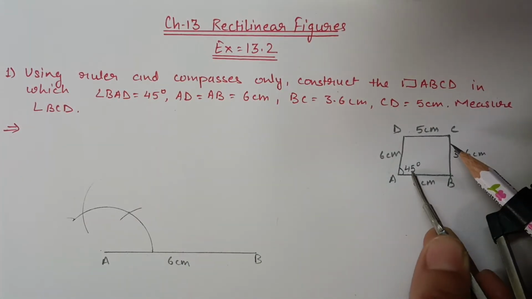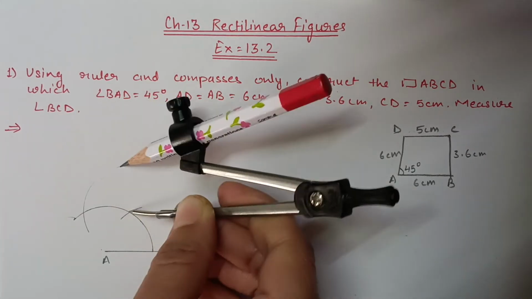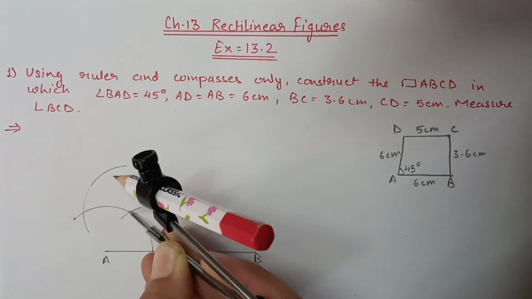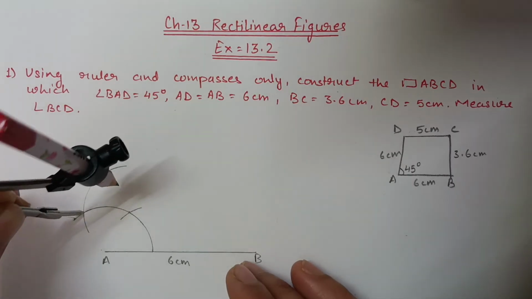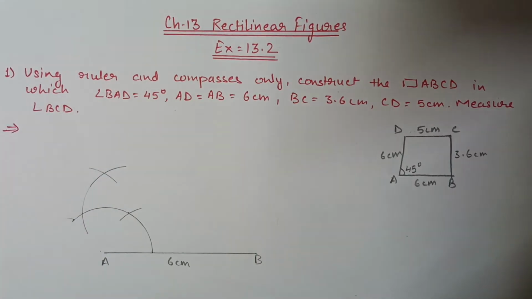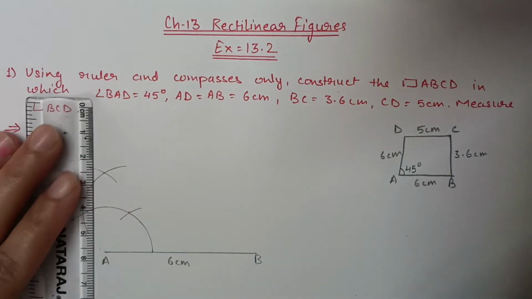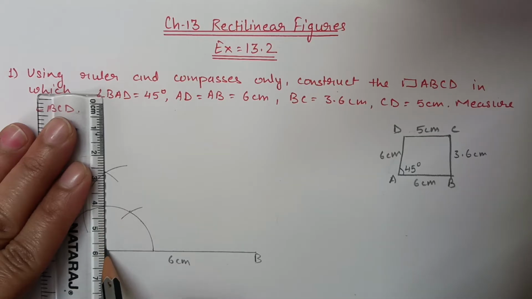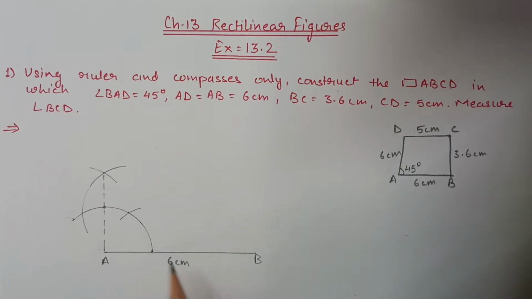So to make 45 degree, first we need 90 degree. 90 is the middle of 60 and 120. So from 60 we will put one arc, and from 120 also we will put one more arc. So this we will get 90 degree. So this 90 degree angle, first we'll draw. This is the point for 90 degree. This is the point for 0 degree.